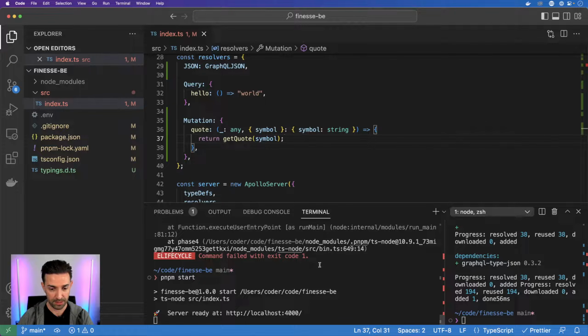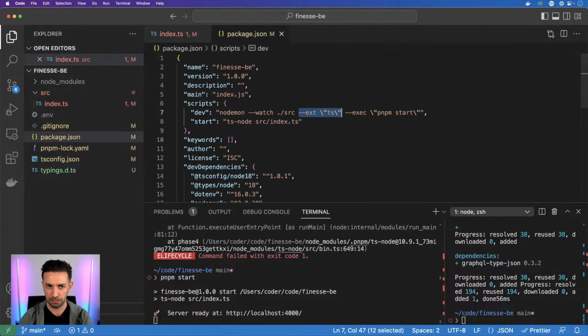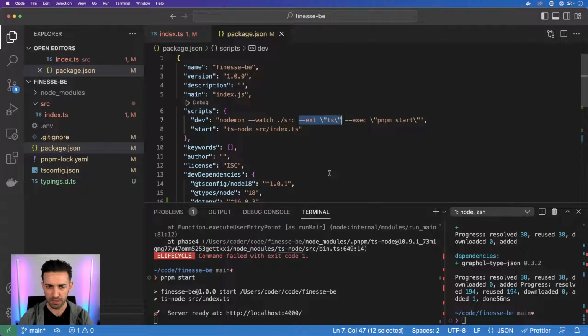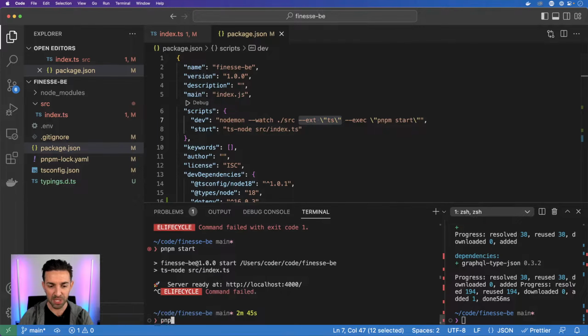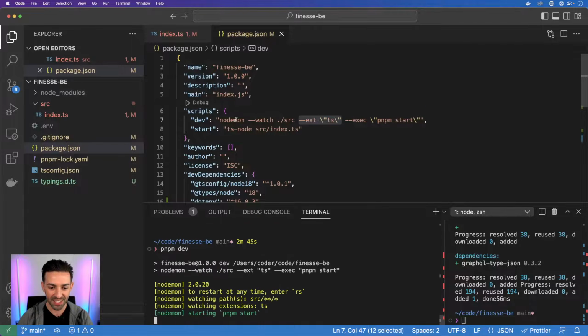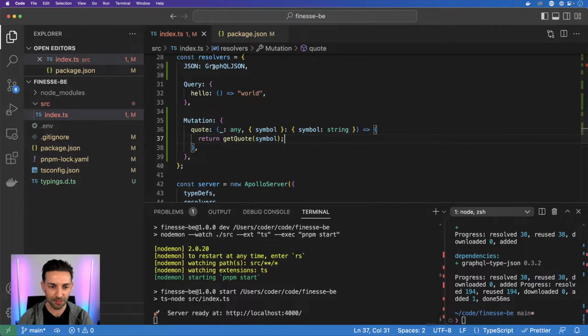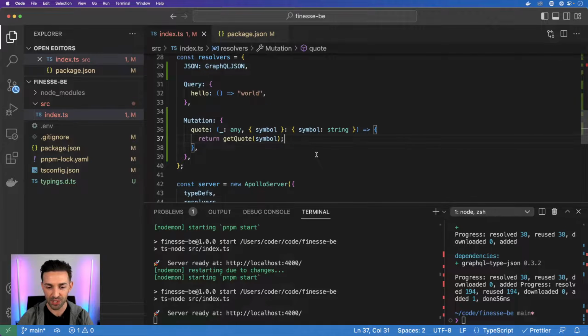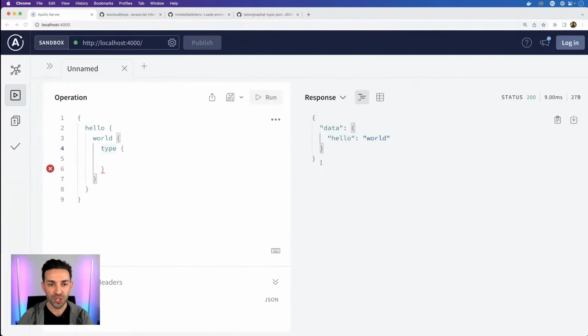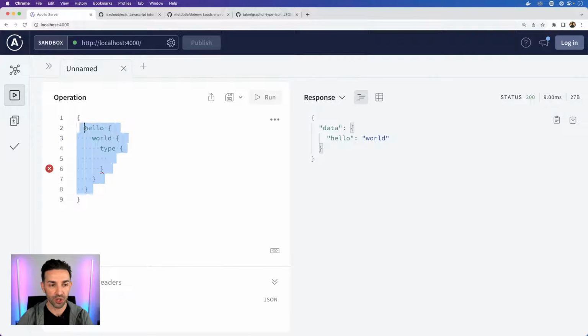So let me save this. Let me run pnpm dev. That will run my Nodemon to automatically watch for changes. So it'll restart when I save. Okay, so I'm saving and it's restarting. Perfect. So if I go to my GraphQL sandbox here, this is running on my local host, then I can run a mutation,